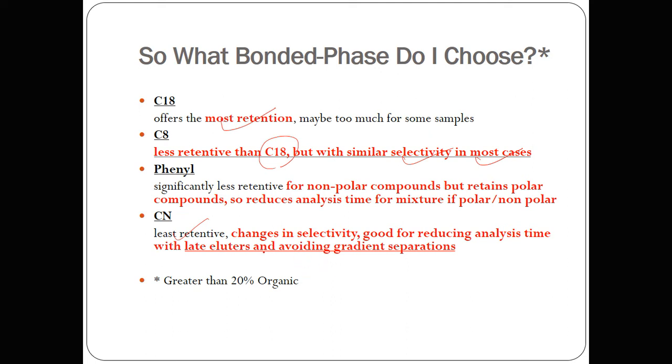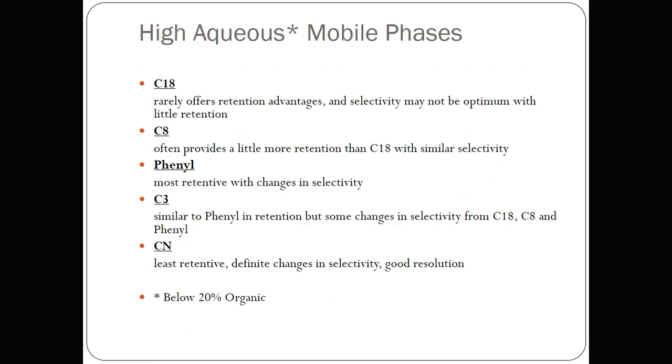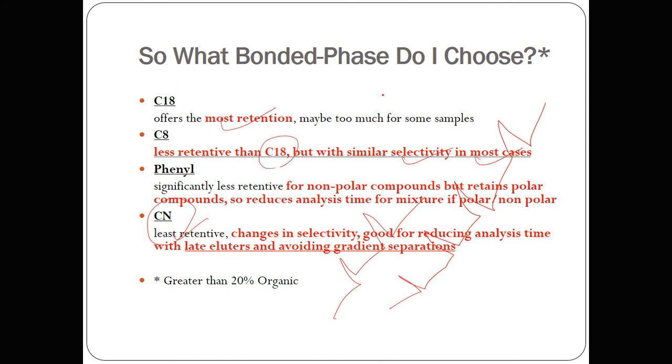It says that it will reduce the time if any impurity is coming at a very late time. If we choose the cyano column, it will come at about 10 to 15, below 1 hour, so it is better for reducing time and for gradient separations. Now what is gradient separation? It is divided into 3 parts, mobile phase A to B to C.